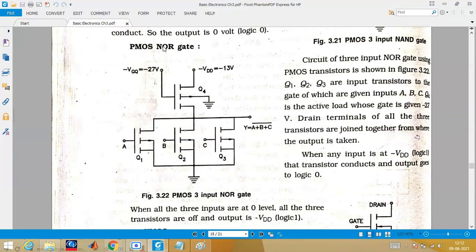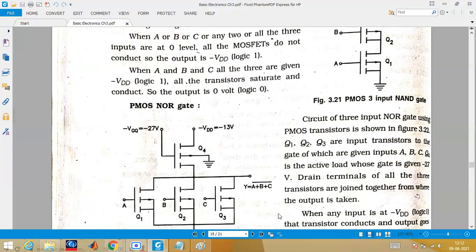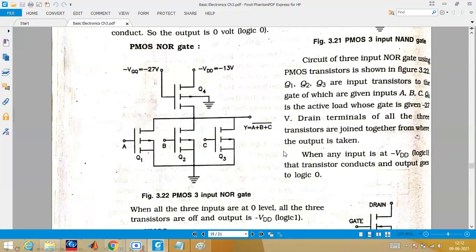If you have to design an OR gate, as I told you, just complement the output of the NOR gate. That you have to build, and along with it, you build an inverter after it. This inverter's input A will be connected to this Y. Whatever you are getting as 1, there you will get 0, and whatever you are getting as 0, you will get 1. That is why in the textbook you will not get that circuit. But if your papers are quite difficult, you may be asked in the exam to design an OR gate, but it is very simple because I have explained it to you.